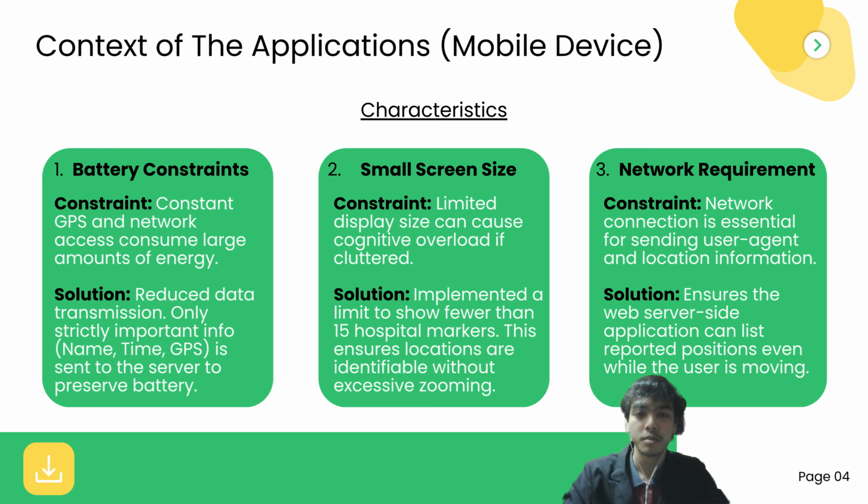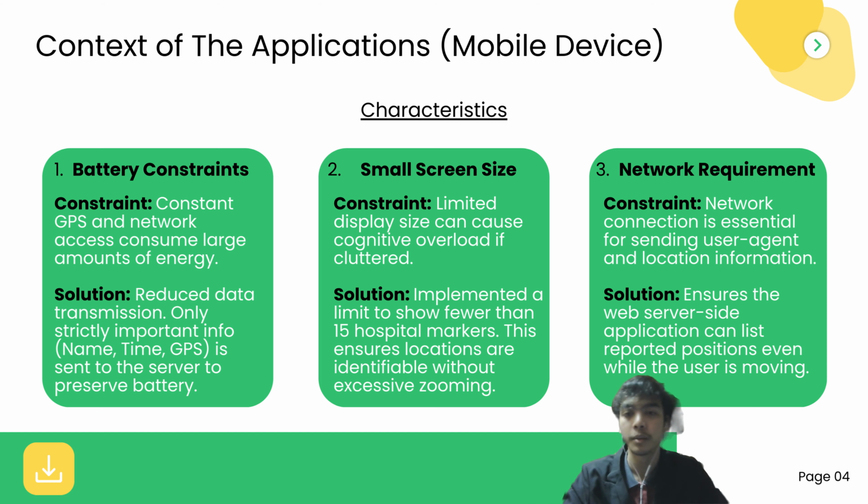The second one is small screen size. The constraint is that limited display size can cause cognitive overload if cluttered. So phone screens are very small. If we display too many hospitals at once, the map will look like a mess and the user will be